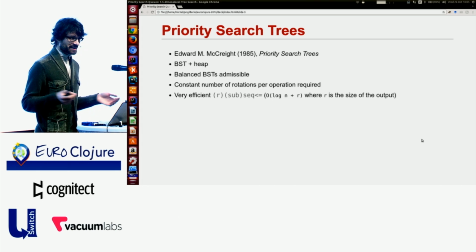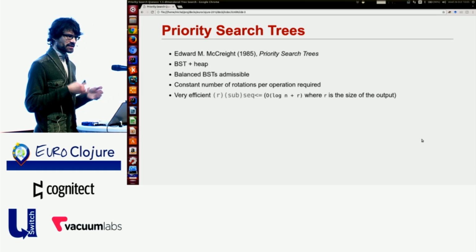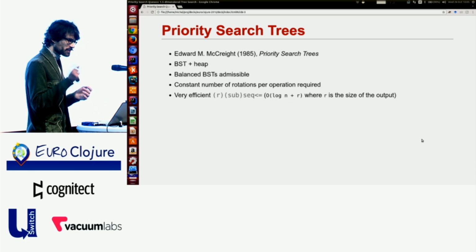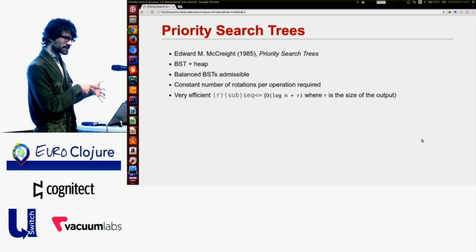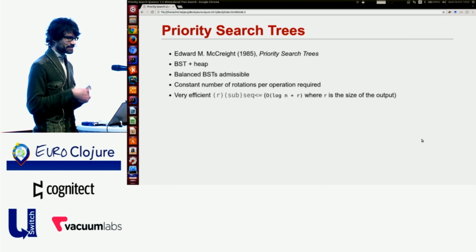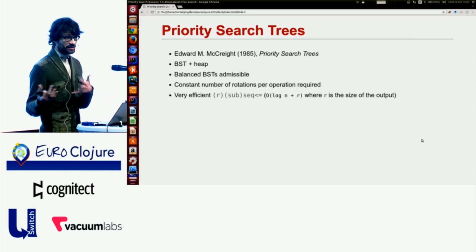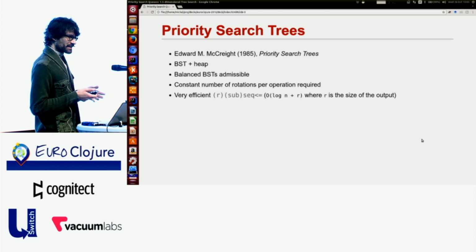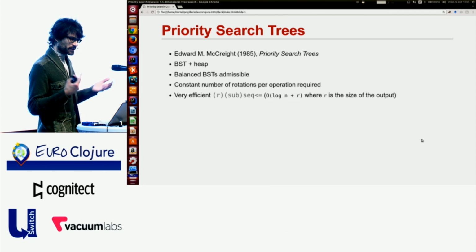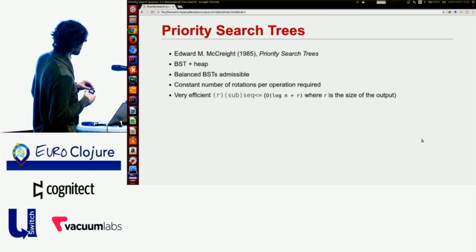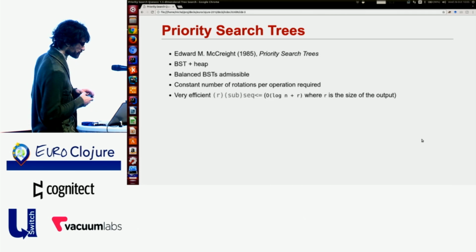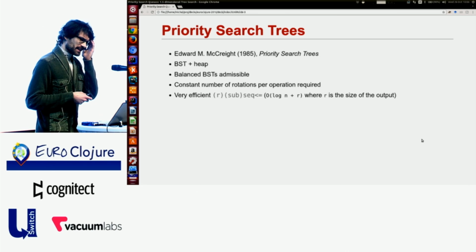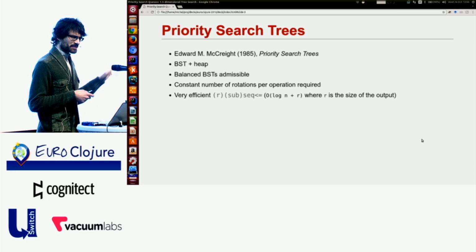AVL trees don't obey this constraint. Weight balance trees don't obey this constraint. Red-black trees, well, it depends. It's possible to implement red-black trees so as to obey this constraint, but for example, Okasaki's beautiful purely functional implementation does not. But if you choose one that does, then you get a very beautiful data structure that supports all these operations. In particular, it supports priority-bounded traversals very efficiently. So this is the original priority search queue data structure, but I'm not going to go into any more detail